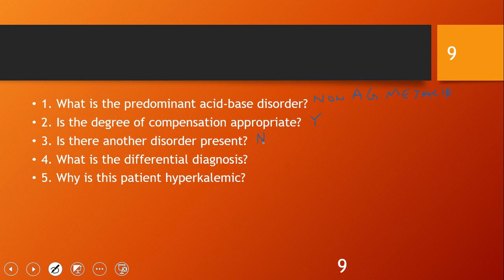What is the differential diagnosis? So what do we got here? Non-anion gap metabolic acidosis. So let me share with you real quickly